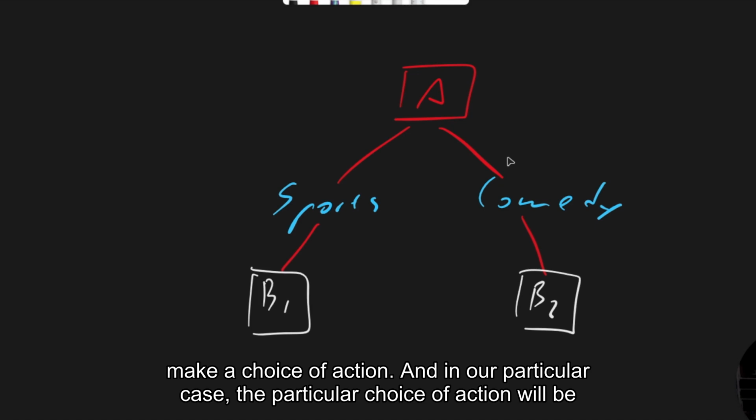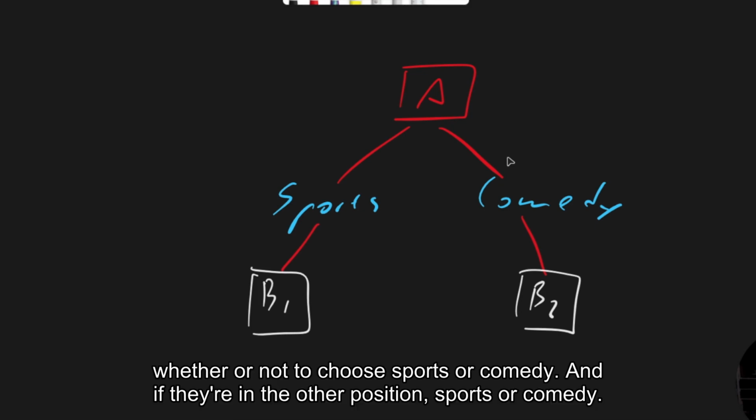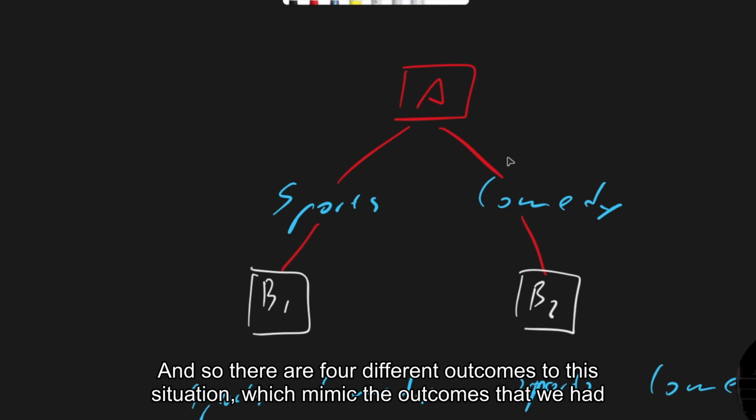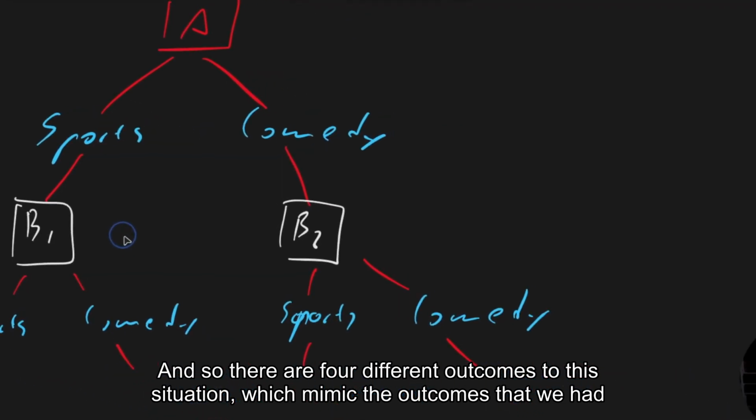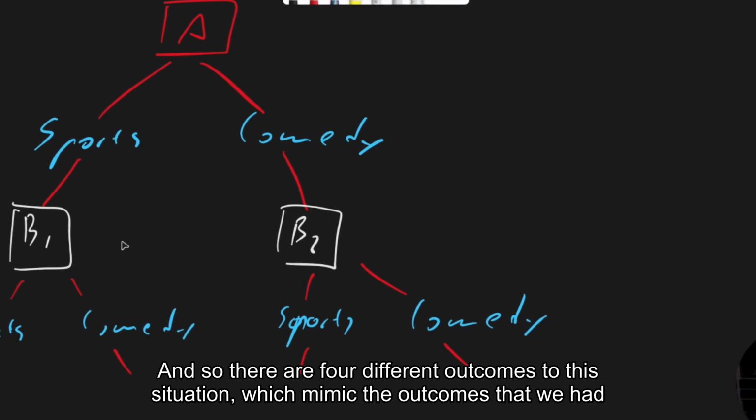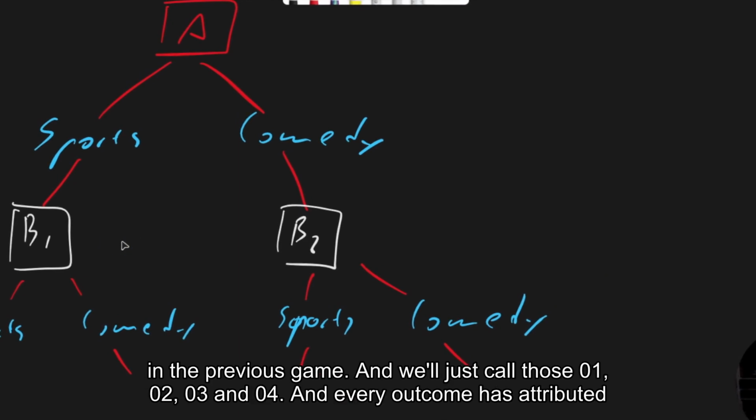And in our particular case, the particular choice of action will be whether or not to choose sports or comedy, and if they're in the other position, sports or comedy. And so there are four different outcomes to this situation, which mimic the outcomes that we had in the previous game,